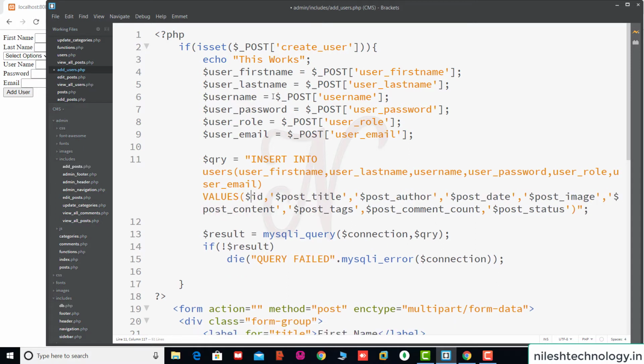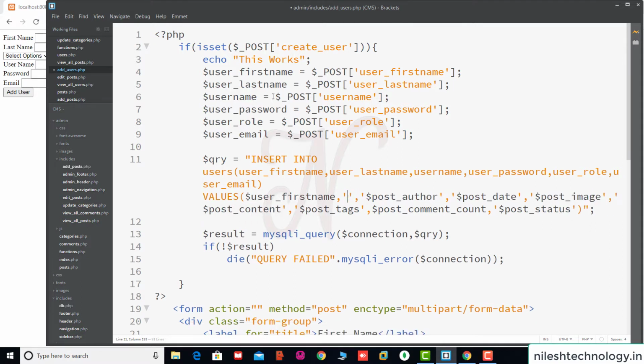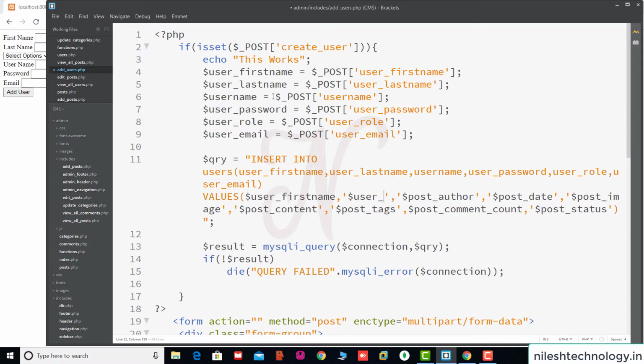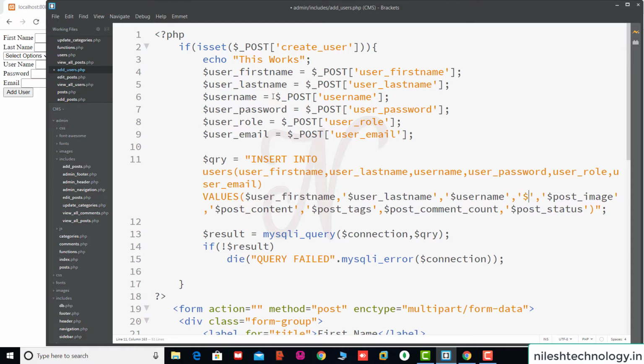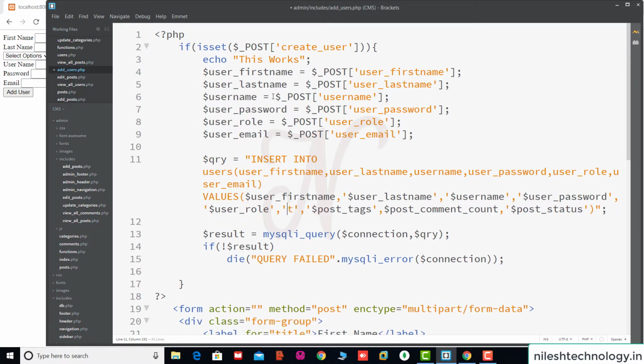So this is the user_first_name, the ID is auto incremented. Then the user_last_name, then the username, then the password, then user role, and here the user email ID.